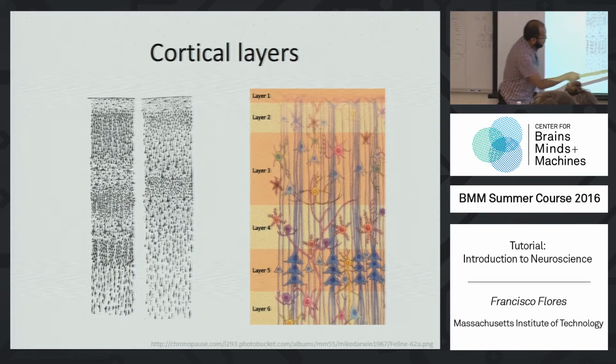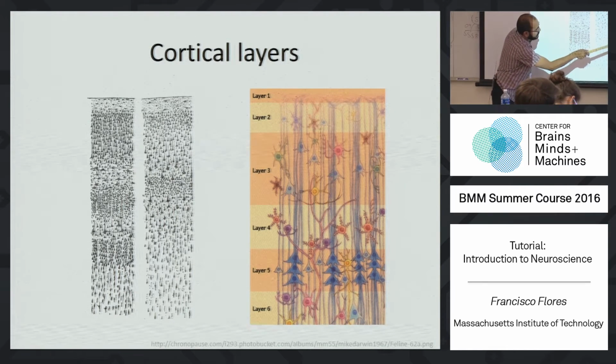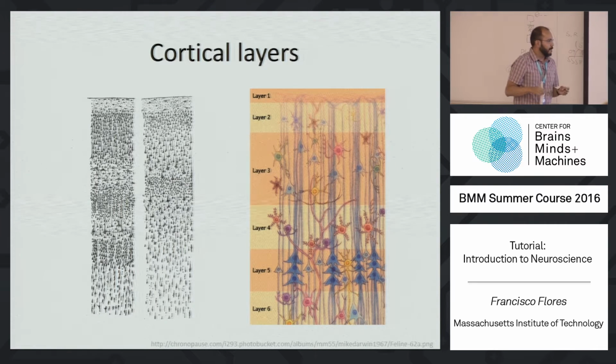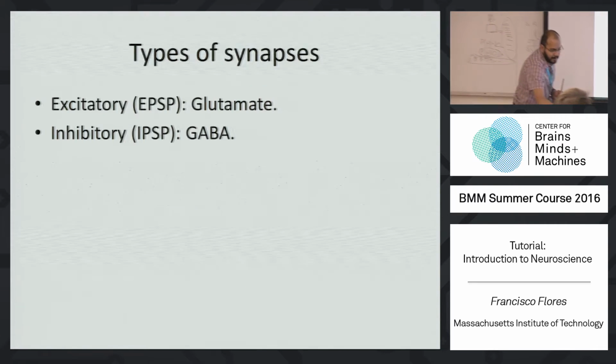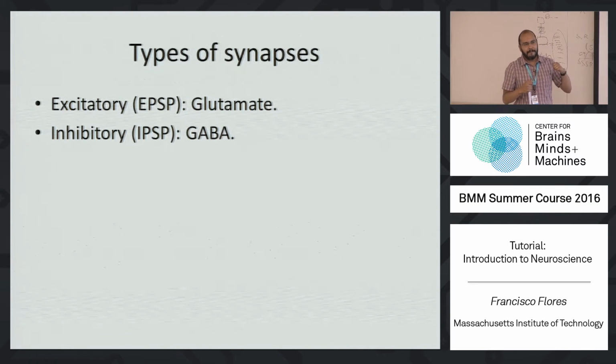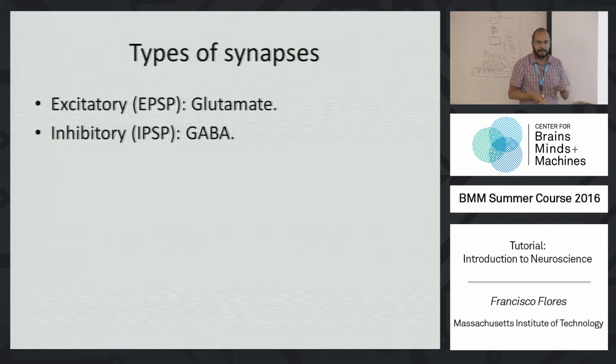And another kind of neuron that is not very visible here shows up, which is these guys that you can see here. These are inhibitory neurons. So there's basically 2 kinds of synapses. The excitatory synapse, which is going to produce an EPSP, an excitatory postsynaptic potential, in the postsynaptic neuron. And there is the inhibitory synapse, which is the one that is going to produce a hyperpolarization, or an IPSP, an inhibitory postsynaptic potential, in the postsynaptic neuron.